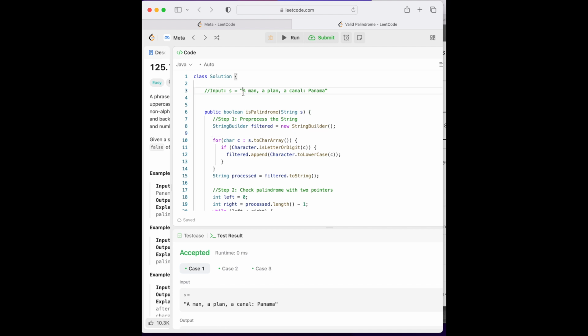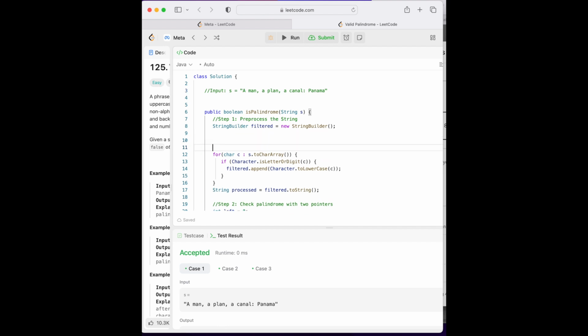First we have 'A', and 'A' is a character. Character.isLetterOrDigit is going to return true. So we are going to append the lowercase of it to filtered,